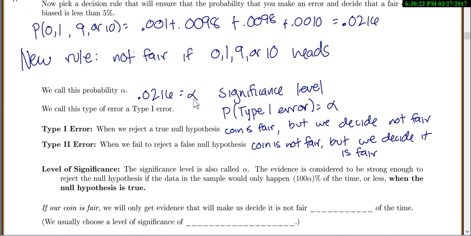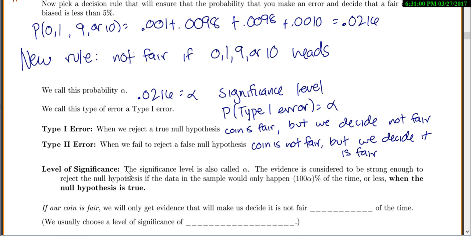Now it turns out, we can set alpha, and we can make alpha as small as we want, and that's the probability of a type 1 error. So we can control our type 1 errors, but we can't actually control the probability of a type 2 error. Because that's if the coin is not fair, and there were a lot of different possible probabilities of heads that we could have gotten that had a not fair coin. And if you get a probability of heads like 0.6 or 0.4, you're going to get results pretty similar to a fair coin, and so you're going to make a lot of mistakes there. But you can control the probability of a type 1 error.